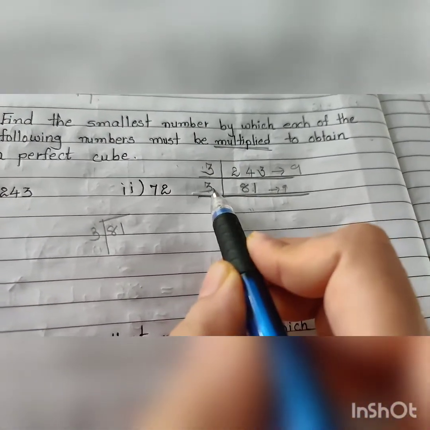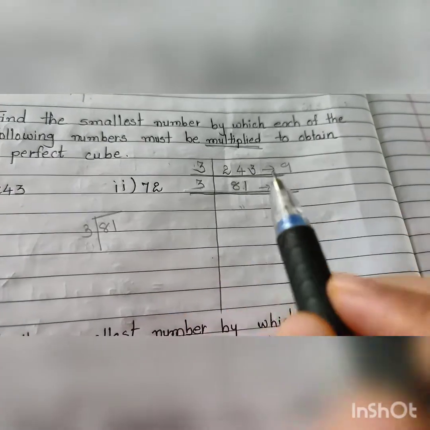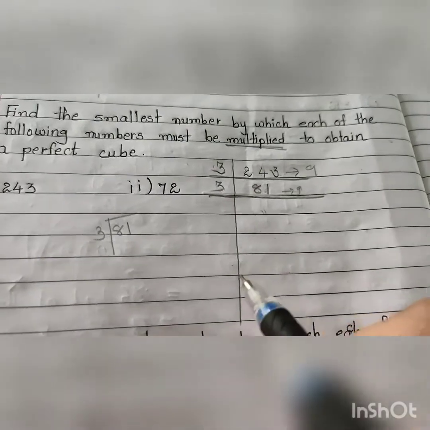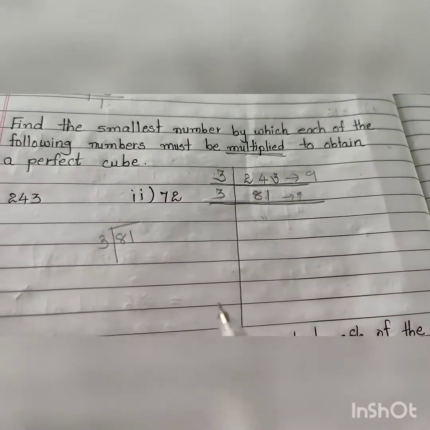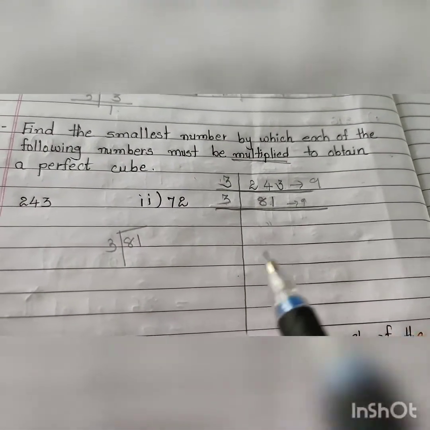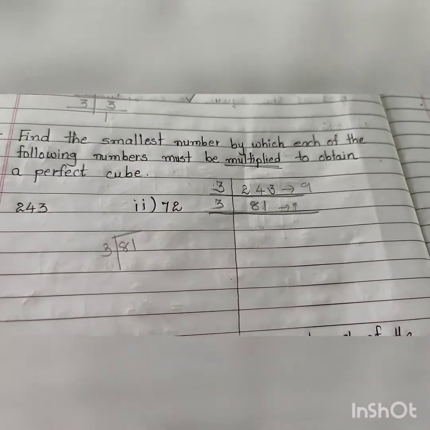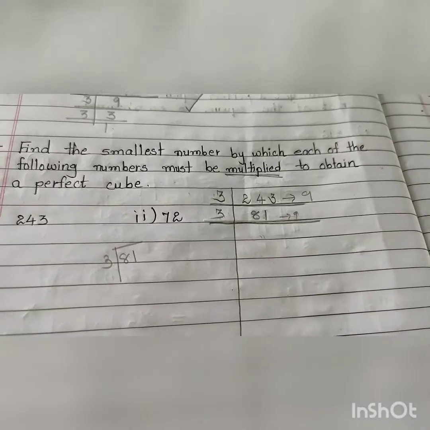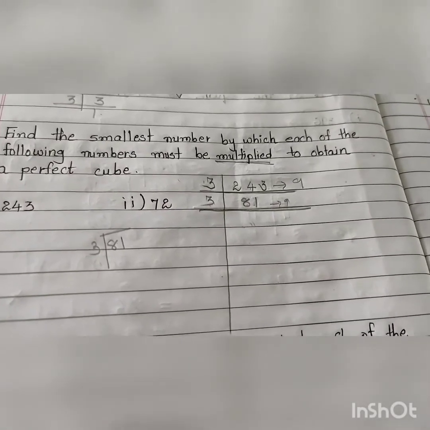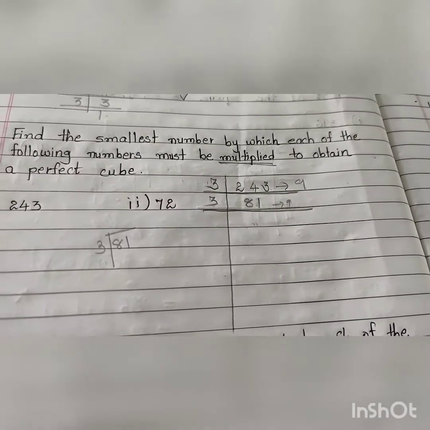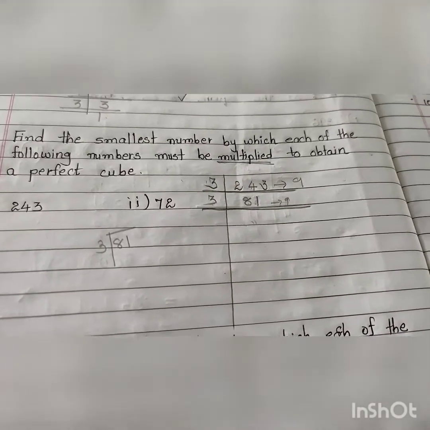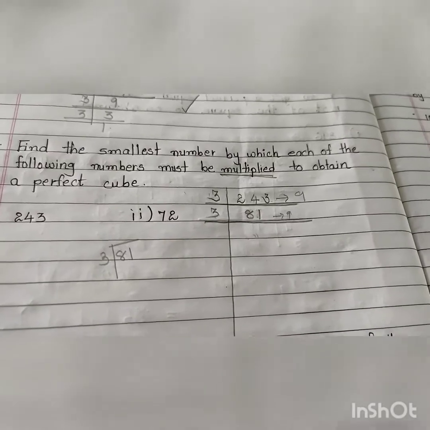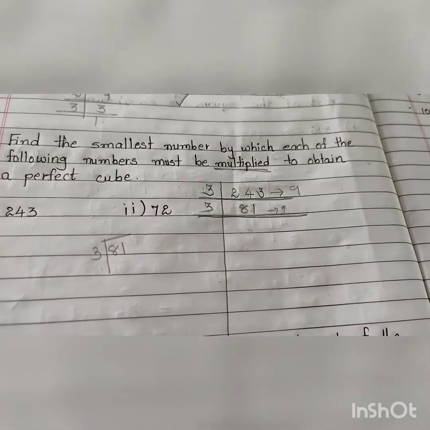Why? Because 9 is not a prime number. Compulsory we have to take prime number. Please remember this, otherwise your sum will be wrong. Okay? So be careful with that. Compulsory you have to take prime number. And what do you mean by prime number? The number which is having only 2 factors, one and number itself. उसके सिर्फ 2 ही फ्रेंड्स होंगे, एक तो वो खुद और दूसरा 1, और कोई फ्रेंड नहीं होगा उसका.